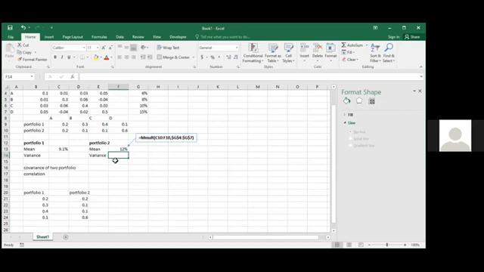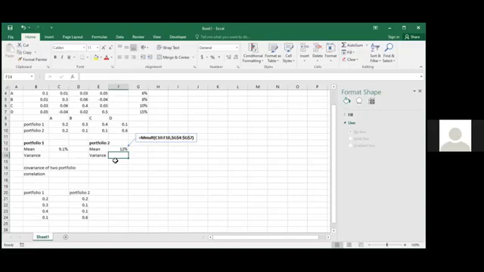We have already been given the variance covariance matrix. Then, taking portfolio 2, we can calculate